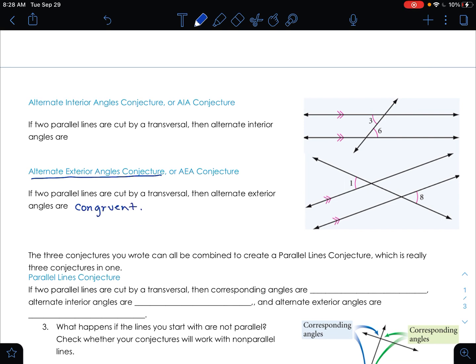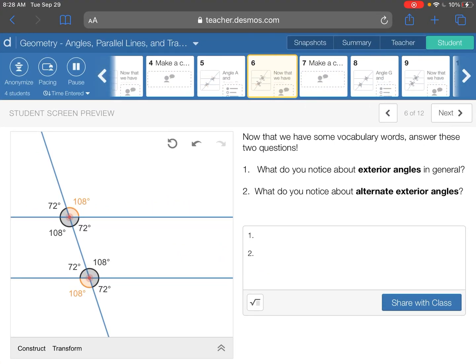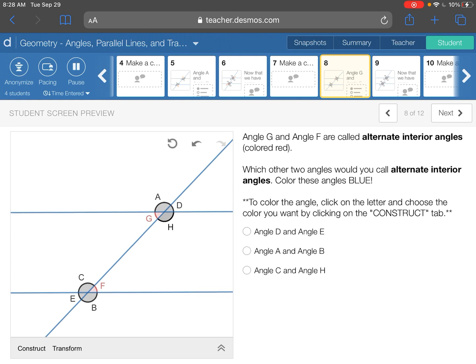Okay. So then the last thing we want to look at is what happens when we have alternate interior angles. So again, if you look at this picture, we have a pair of alternate interior angles, G and F, the ones that are red it looks like. So G and F are alternate interior angles. They are on opposite sides of the transversal, but they are both on the interior, the inside of the parallel lines. They're in between the two parallel lines. So the other pair of alternate interior angles would be H